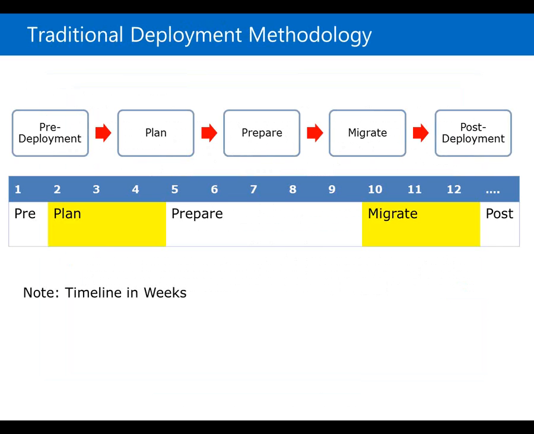And here it just kind of mentions that when you do a typical deployment of an Office product, it takes 1 week for the pre-planning stages, and then weeks 2, 3, and 4 for the planning stages, and then weeks 5, 6, 7, 8, and 9 for the preparation stage, and then weeks 10, 11, and 12 for the actual migration to the new Office product, and then last you have post-migration, which is, we have to support people now. We have to train them. So that's a long time. That's about 3 months. Deployments can take about 3 months with traditional deployments.